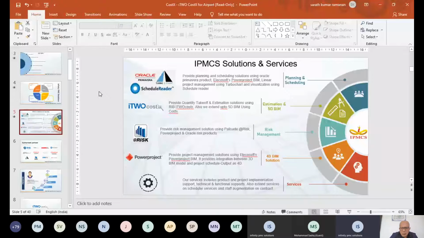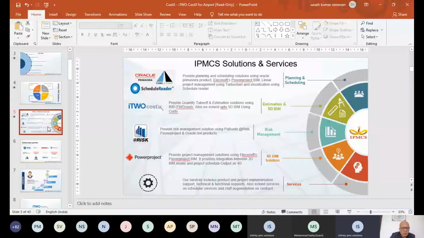For risk management solutions, we are associated with Palisade at Risk. So this provides risk management solutions along with other products like Power Projects and Oracle Risk products. For 4D BIM solutions, we are associated with Helicosoft Power Project, where we can integrate our 3D BIM model and the project schedule to form an output of 4D BIM.